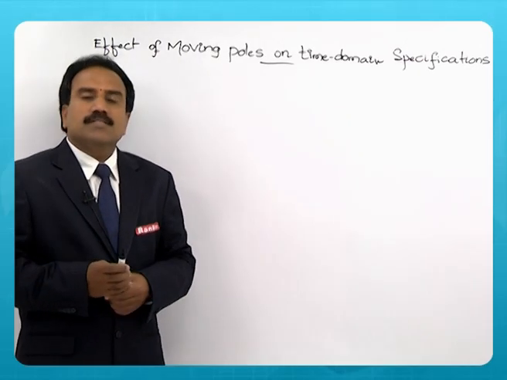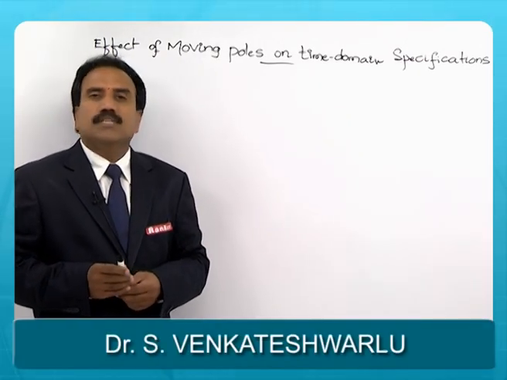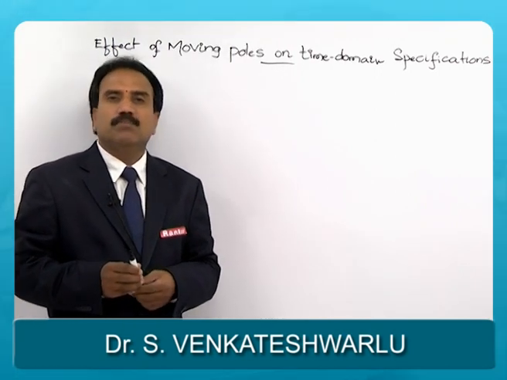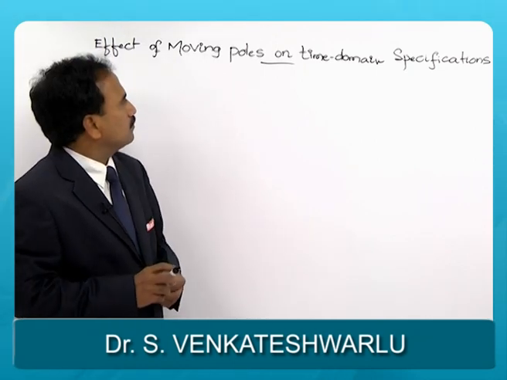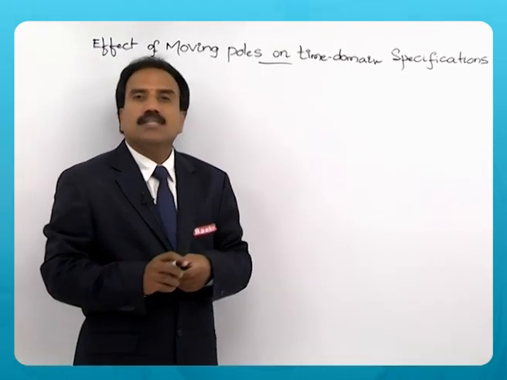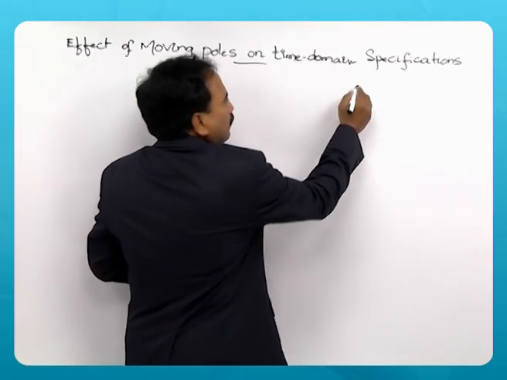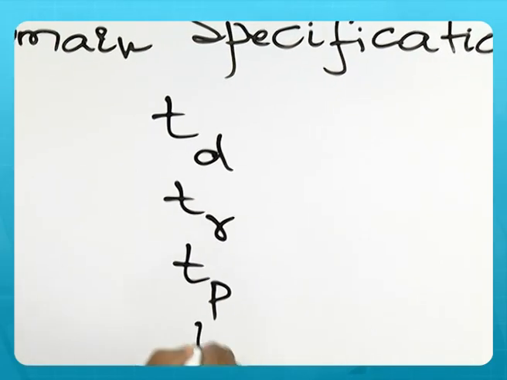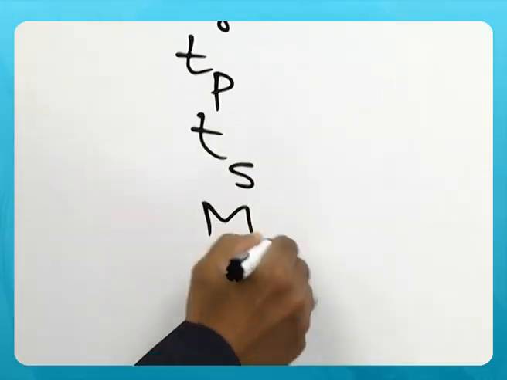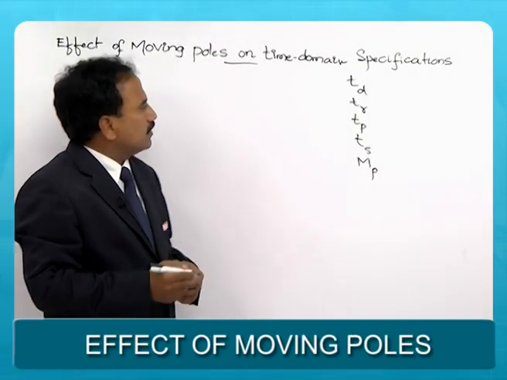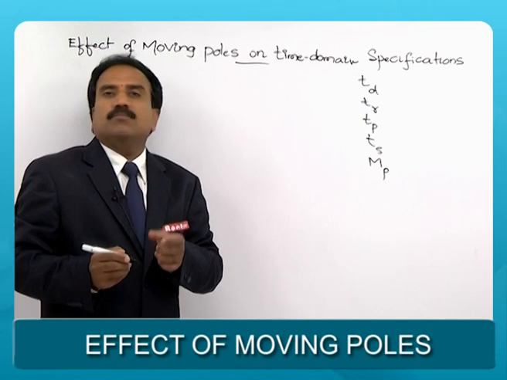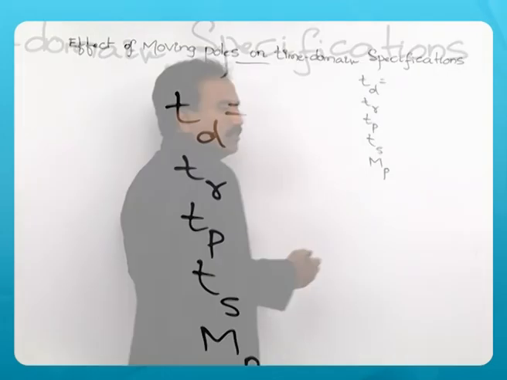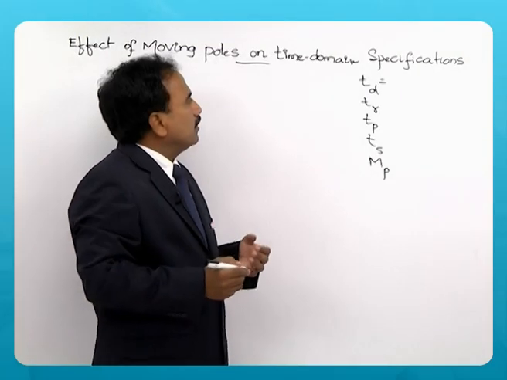In the previous class, we have solved certain problems on time domain specifications, the kind of problems that appear in competitive exams. These time domain specifications are about 5, and if you recall, they are delay time, rise time, peak time, settling time and peak overshoot. All these 5 come under the transient part of time response, and all these time domain specifications depend on damping ratio